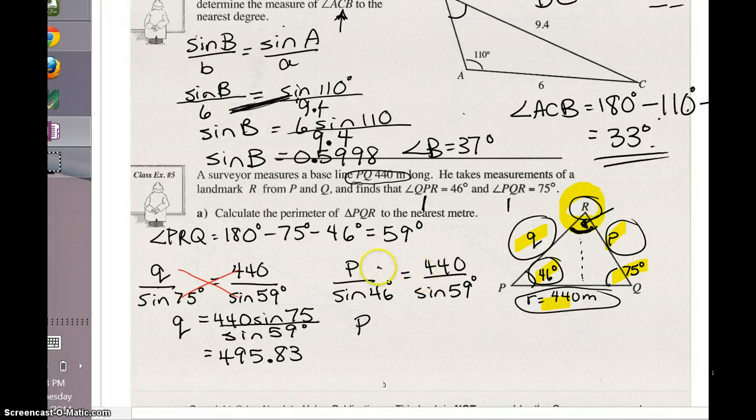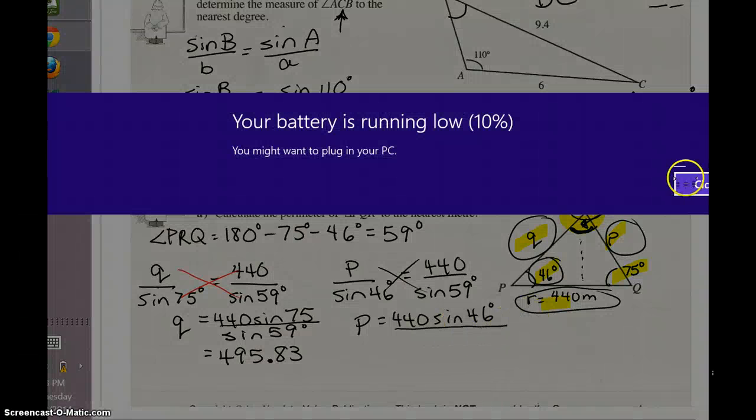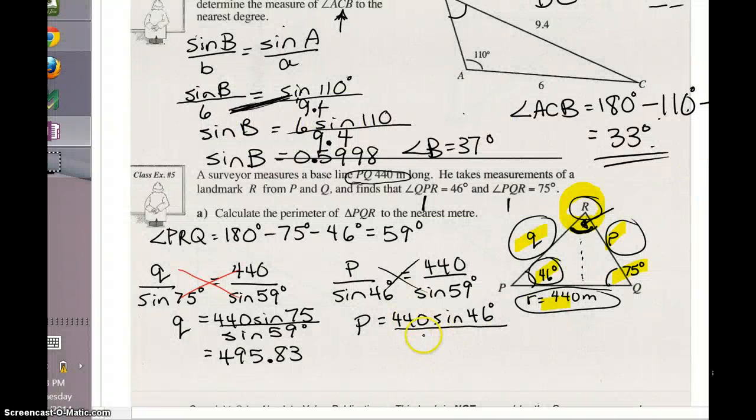Cross multiply, and I'm going to end up with 440 sine 46. Remember that sine 59 is actually going with the P, but I will divide both sides by it to get P by itself, so I will get sine 59 degrees over here. Plug it into your calculator and you will get